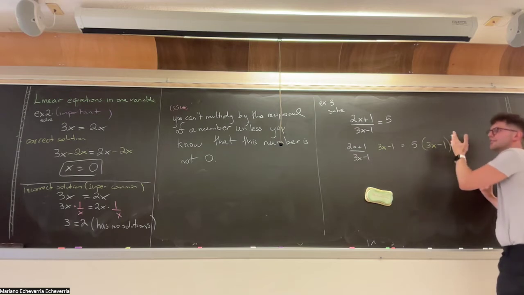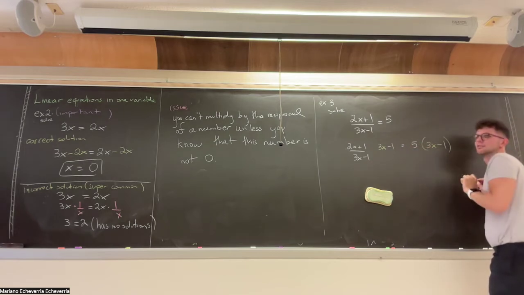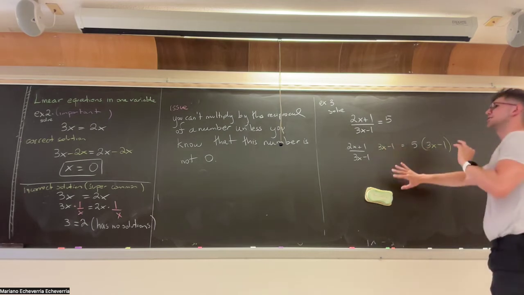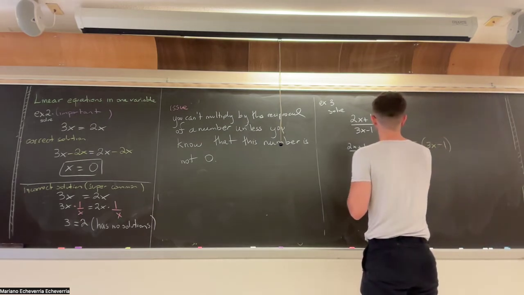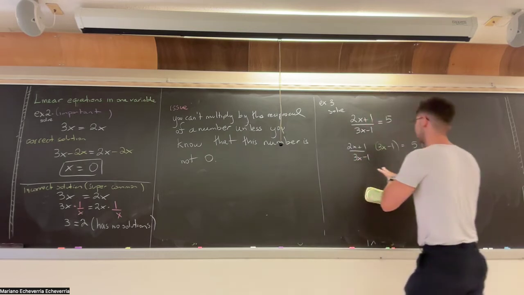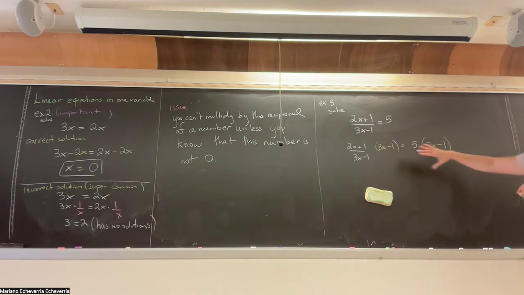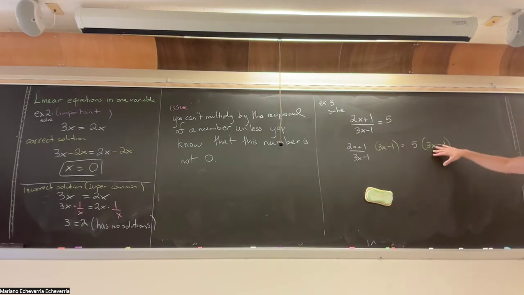You may have the right intent in your head, but it is easy to misinterpret it, because then you could just think, oh, 5 is just times 3x and not 3x minus 1. And here, this is less confusing, it wouldn't cause that much confusion, but just for safety measures, I would also put a parenthesis there as well. Although again, that is not as problematic as in this case, so it's easier to not make a mistake on this end. But here it is very easy, okay? And so if you write that,